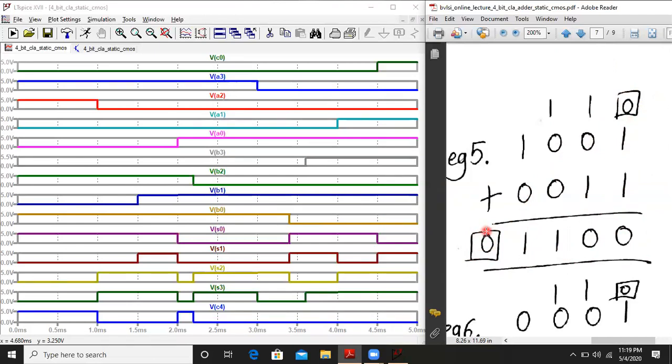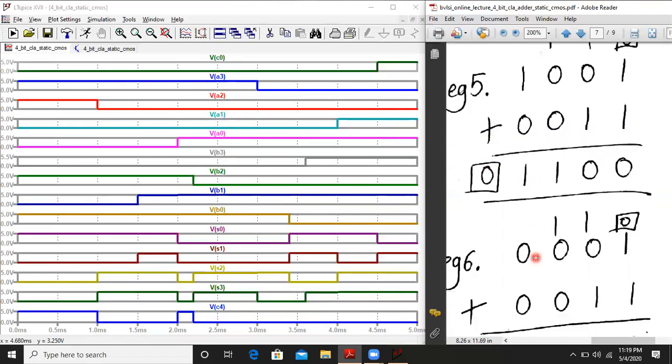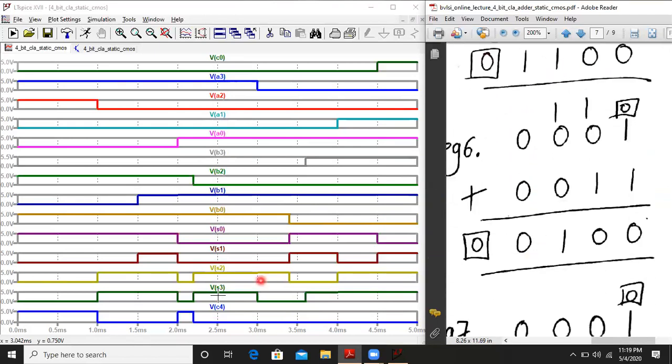So we have seen 5 examples. In all the 5 examples the cases are working. We will go ahead and check all the examples. Next is example number 6. The time period is from 3 to 3.4 milliseconds. So let us start. A3 is 0. I will not go over there; you can concentrate on this as I speak. So this is A3 starting.